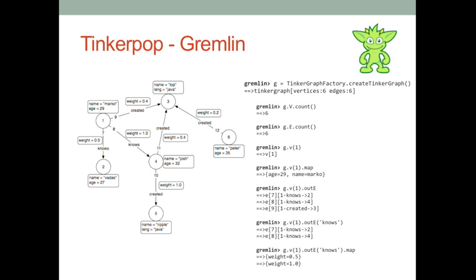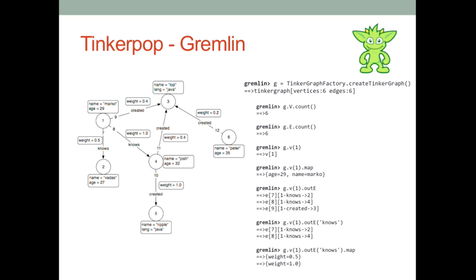Those essentially go grab all the edges that come out of me, and then go grab all the edges that are coming into me. So you can grab all of them. Marco is number 1 there. If we go grab Marco and then say outE, we'll get those 2 knows edges going out, and then that one created edge that goes out.